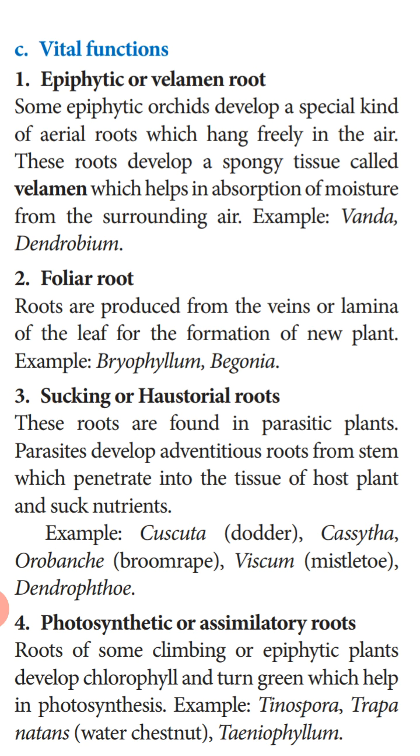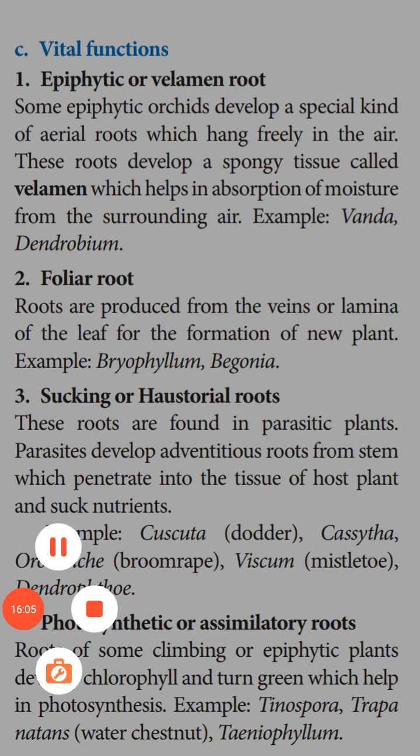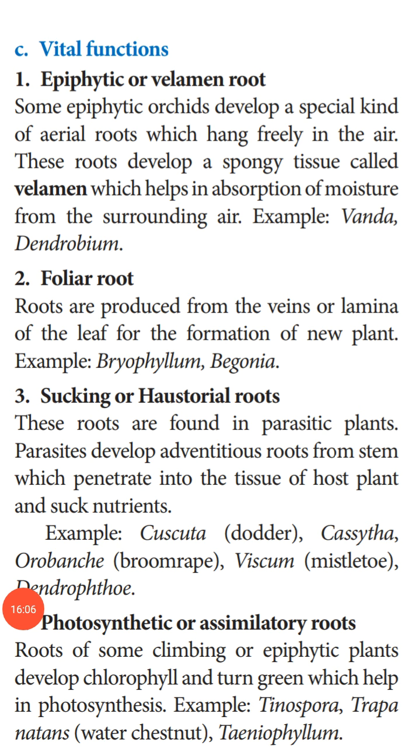Next they have the aerial roots, that is, the hanging roots which hang from the plant in the air. These roots have a special tissue called the velamen. This tissue is sponge-like, so it absorbs the moisture from the atmosphere, and that moisture is utilized by the